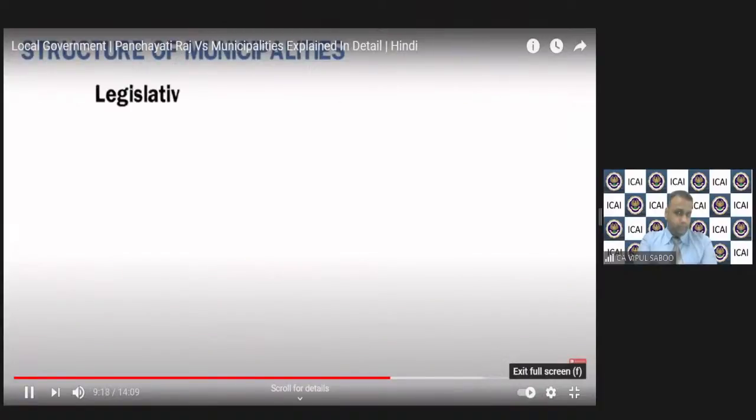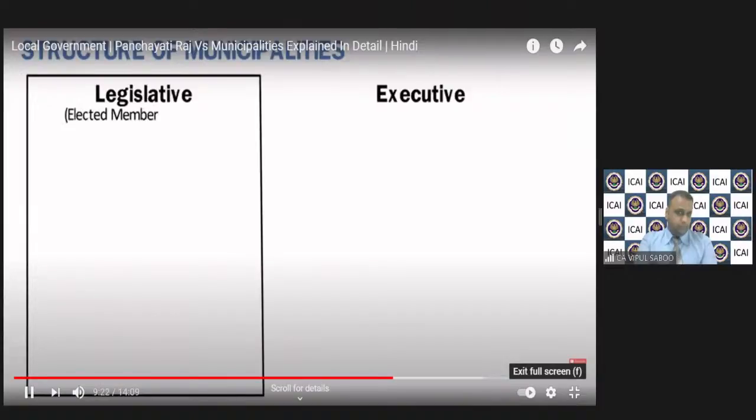स्ट्रक्चर एंड वर्किंग ऑफ म्युनिसिपैलिटीज। म्युनिसिपैलिटीज 2 पार्ट में डिवाइडेड होती हैं, लेजिस्लेटिव पार्ट और एग्जीक्यूटिव पार्ट। लेजिस्लेटिव पार्ट में आते हैं इलेक्टेड मेंबर्स काउंसिलर्स यानी पार्षद और उनके हेड जिसे कहते हैं मेयर। इसके अलावा नॉमिनेटेड मेंबर्स भी होते हैं जिन्हें स्टेट स्पेशल नॉलेज और एक्सपीरियंस के बेस पे म्युनिसिपैलिटी में सीट दे सकते हैं, लेकिन ये मेंबर्स सिर्फ डिस्कशन कर सकते हैं, डिसीजन मेकिंग में वोट देने का अधिकार इन्हें नहीं होता है।